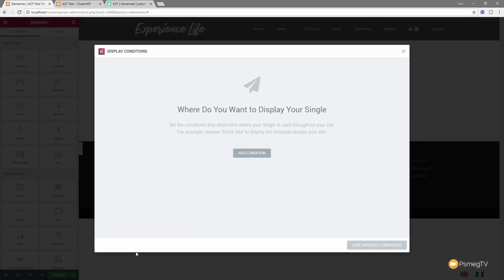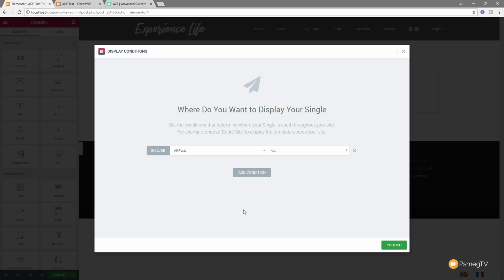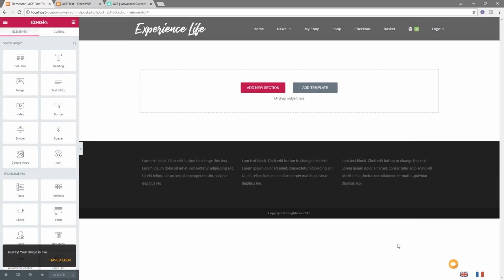So I'm going to publish this, add my condition to it, which is to basically say, when is this particular template going to be used in our site structure? Add a condition, and we're going to say in all posts. So we say all posts on there, and we say publish. So that means now that what we do to this particular template, every single post will be displayed using this